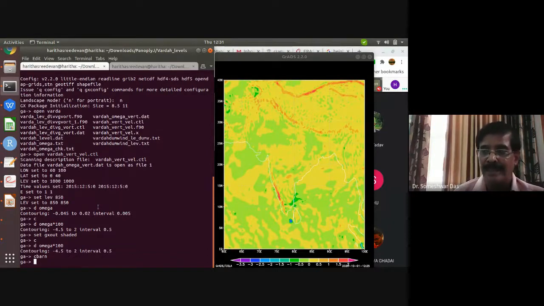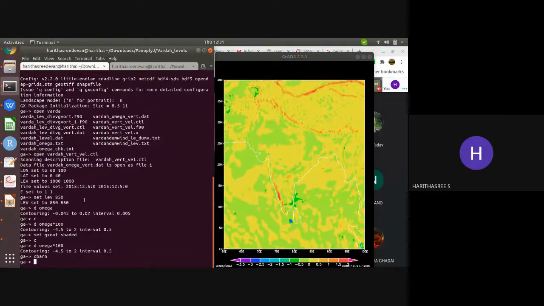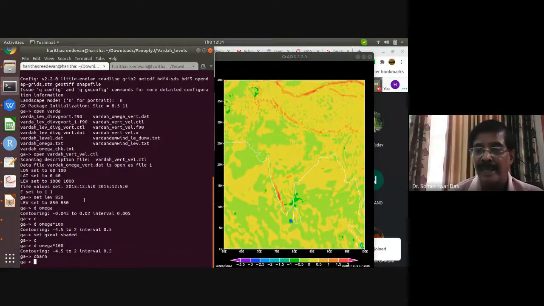Value of ERA at 1000 and 100, right? And in between the layers, this 900, 800, 850, etc., you compute the value of that. So definitely, your computation should be almost exactly same as the ERA. Although still there will be difference because you are computing the vertical velocity based on the kinematic method, kinematic technique, by just integrating the divergence. But I'm not sure which method the ERA has used.